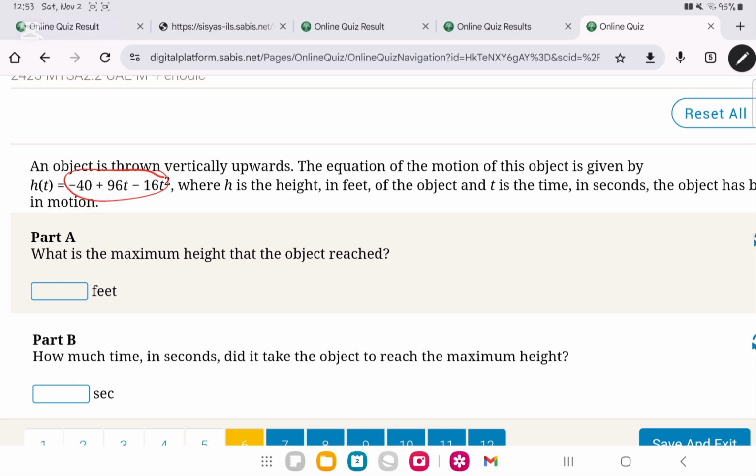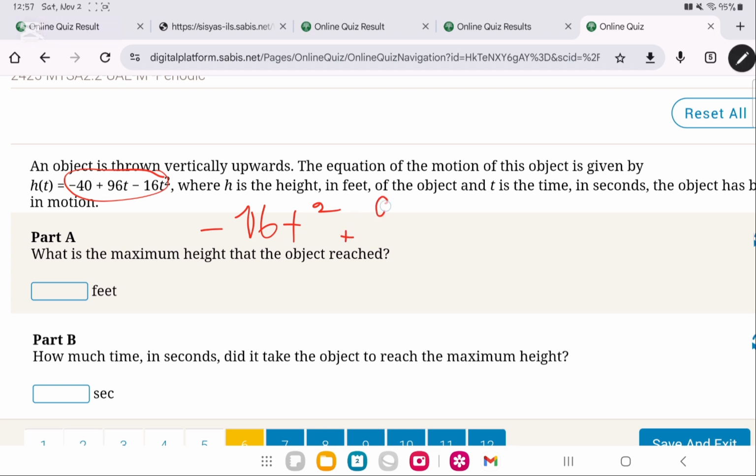So what we have given to us is a function in a quadratic form. So it's a quadratic function. What we are gonna do with this quadratic or parabolic function is, the first step, we're gonna put it in the proper order. So the proper order, we start with the t squared, then the t, then the constant. So it's gonna be minus 16 t squared